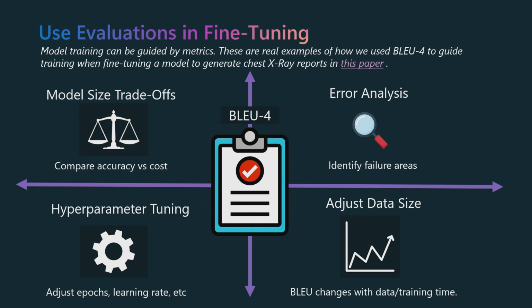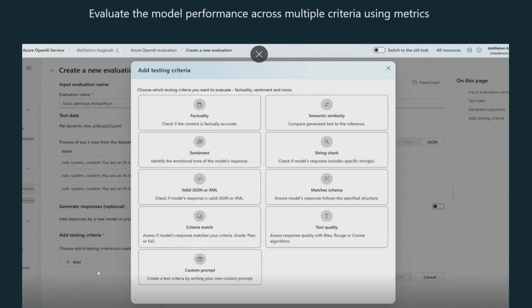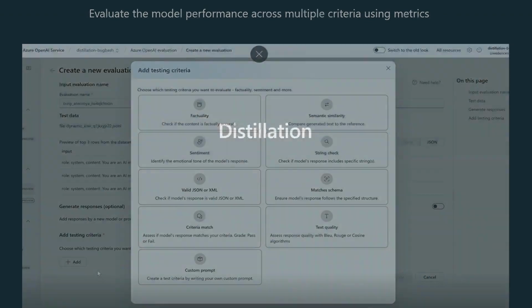So it's very important when you're fine-tuning the model that you pay attention to how much time you spend on the evaluation, like knowing what data set you evaluate on, and how you evaluate your models. Similarly, you can have similarity checks for your model, string checks to make sure the right string is there or not, or check whether the sentiment is aligned. So you could use multiple of these criteria to fine-tune and evaluate your model along the process.